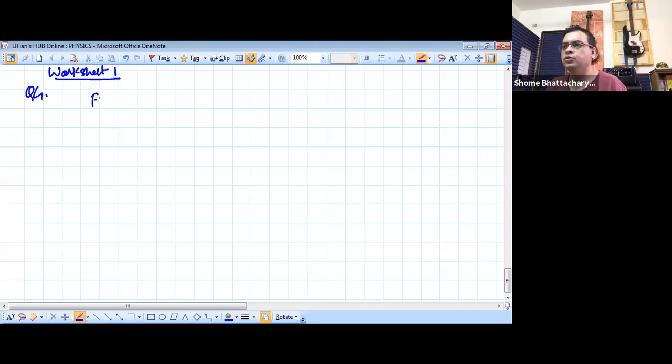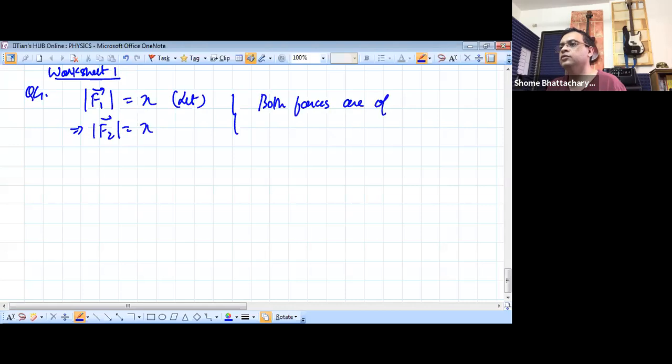Okay, so let us say, suppose one force is F1, its magnitude, suppose, is x, then it implies that the second force F2 is also of the same magnitude, because both forces are of equal magnitude. This is the information given to us in the question. Okay. Now, additionally, also it is given to us that